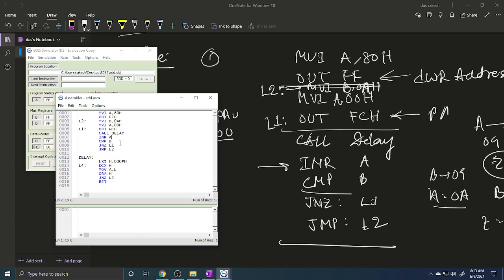So now our task is basically to change some code here, because when the delay program is called the accumulator content is changed. So that's why we change the logic here. First of all, here we use another register, say C. Then it's transferred to the accumulator and then out FC. Okay, so now after this call delay, this increment would not be possible,